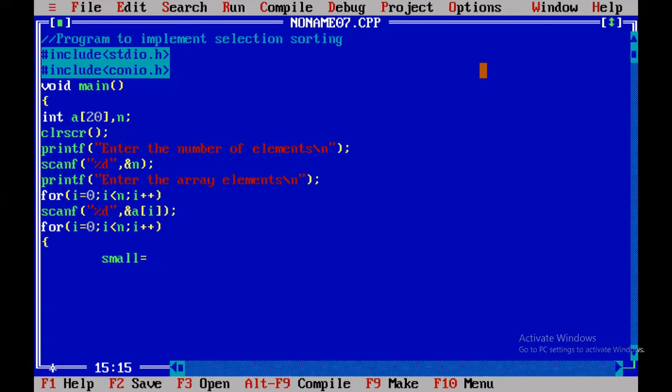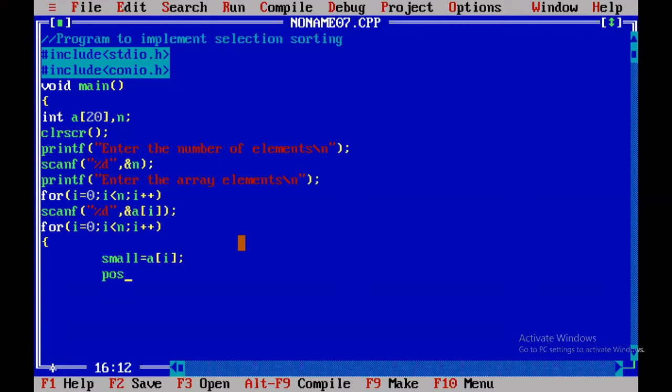In the first iteration, I'll assume the first element in the list itself as the smallest element. Hence, I'm using this variable small, and the first element will be assumed as the smallest, so small = A[i].